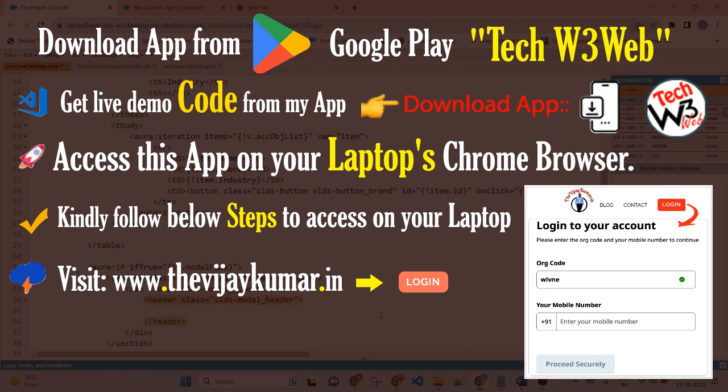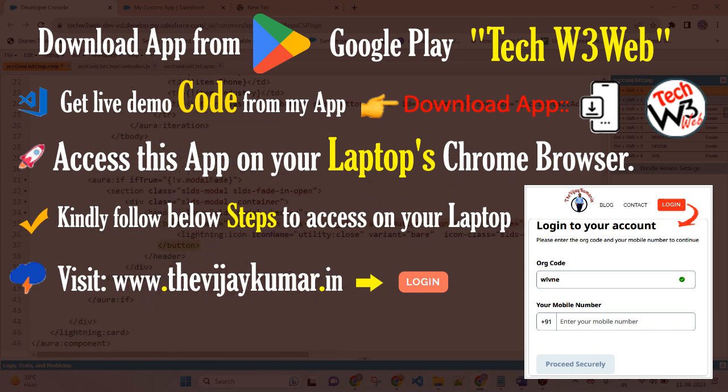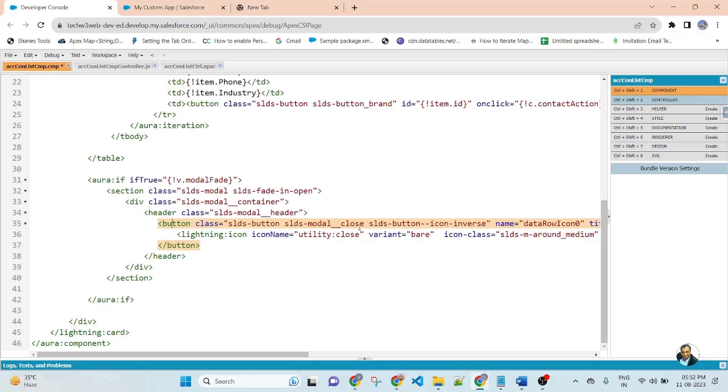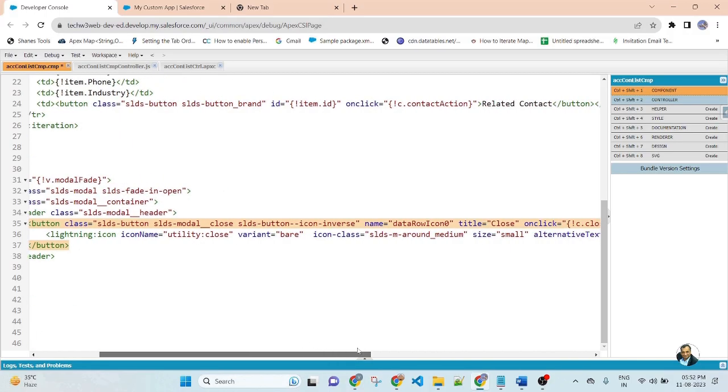Inside the header, I will create a button to close the modal pop-up. Inside the button, I use the class SLDS button, SLDS modal close, and this is a button icon inverse.